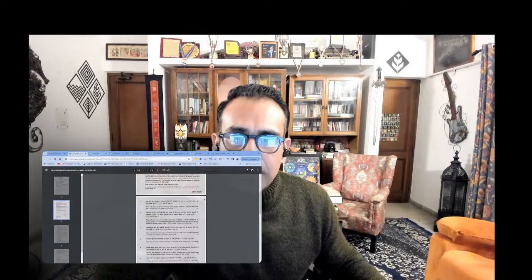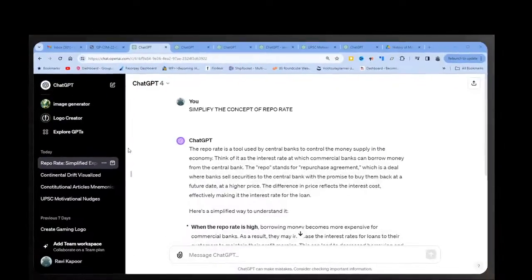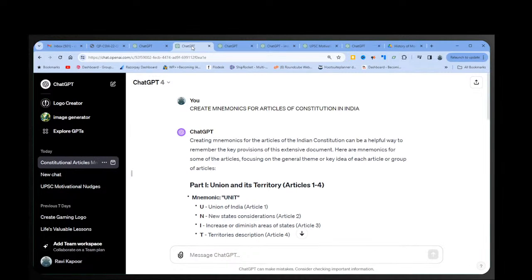So let me show you what I did. Just one example for you, about what it can do and the extent to which it can help us. Yeah. Here, you see, just before the session, I will zoom this for you so that you can read it. Just let me know if you can read this. Are you able to read this? पढ़ा जा रहा है?